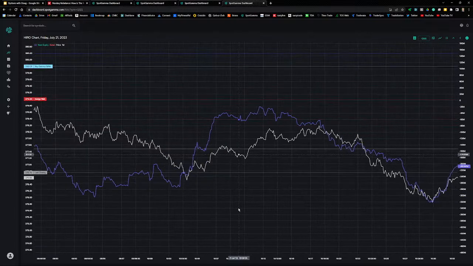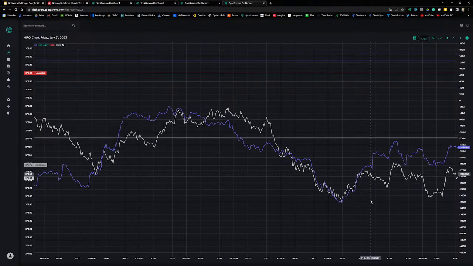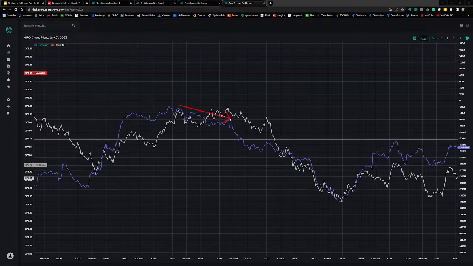All right, let's scroll over here a little bit. So here was the second, right around 10:15. That was at the 378 level. And note that Hero starts to fall, and then price responds a few minutes later. And that was at the 378 level. So that was the second setup. More of a Hero divergence, just like the S&P 500. The first setup in the S&P 500 was more of a confirmation, and then the second setup in the S&P 500 was more of a divergent setup, the same as this one.